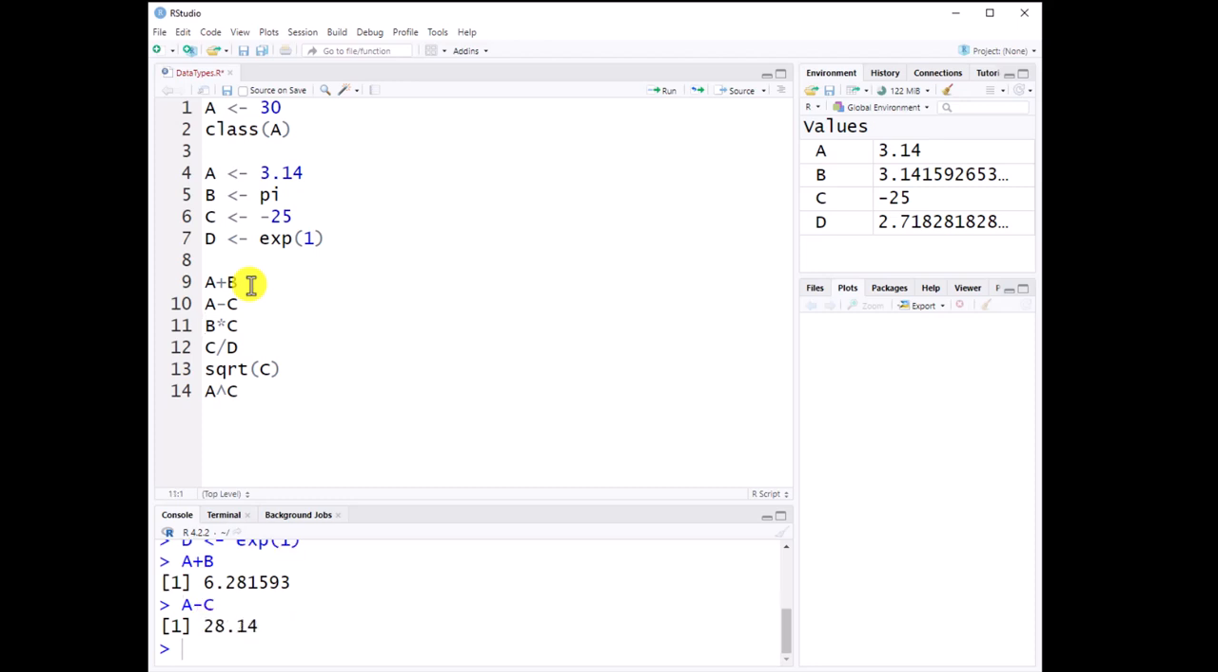Next, running line 10, we get the subtraction of A take away C. Next, we can use the star operator, which is Shift 8, in order to perform multiplication. B times C returns back to us about -78.53982. To do a division, we use the backslash operator, which is found to the left of the Shift button, and C divided by D returns back to us about